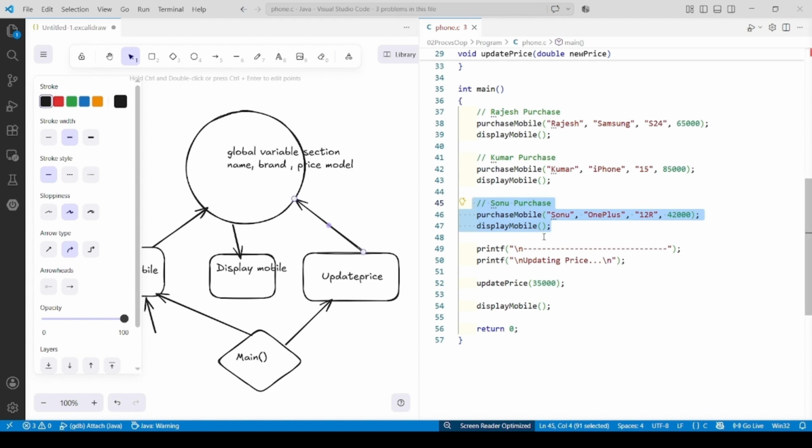So finally, the original purchase cost of Sonu, 42,000, is replaced with the updated cost 35,000, which is not an authorized one. This is where the security is breached. This is where the procedure-oriented language failed to achieve security. Okay, now let's